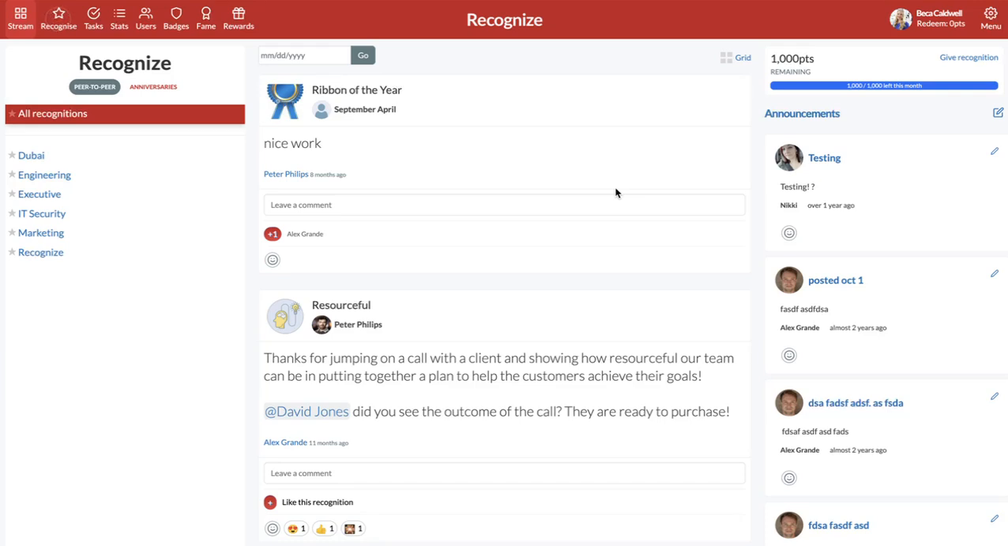Recognize's announcements feature is very versatile and can be used for various purposes, including but not limited to announcing new programs or campaigns, such as a nomination period or wellness initiative. To turn on the announcements feature as a company admin, you'll go up to the menu in the top right